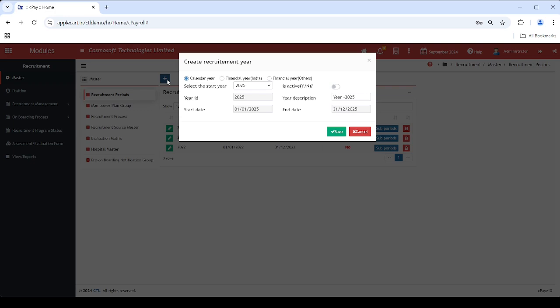To add a new recruitment period, click the plus button. This action opens a dialog box where you can input the necessary details. Select the year type from the available options, and then choose the start year number.